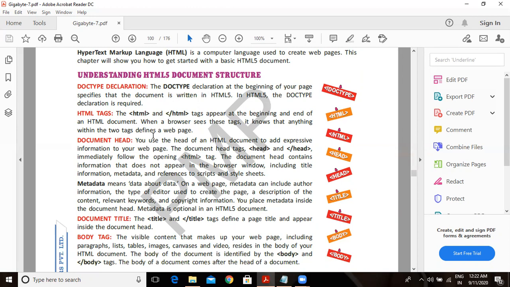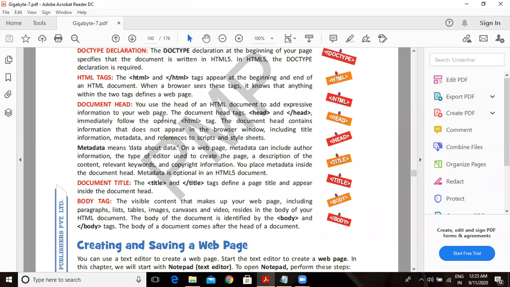In the previous chapter we have learned them: container tag and empty tag. Those tags which have starting as well as ending are known as container tags. So which kind of tag is HTML? It is a container tag because you are ending it with the HTML /. So this forward slash represents ending of the tag. They come in pairs. They have the starting also, they have the ending also.